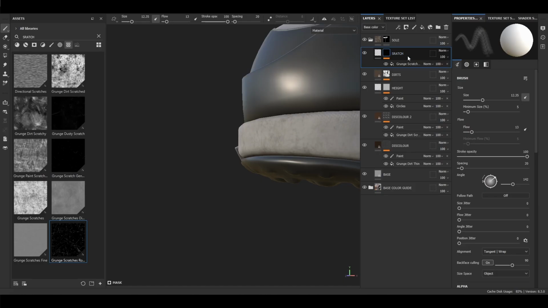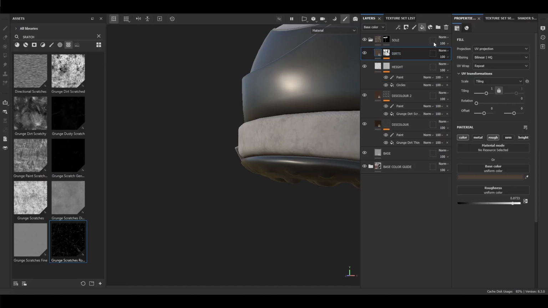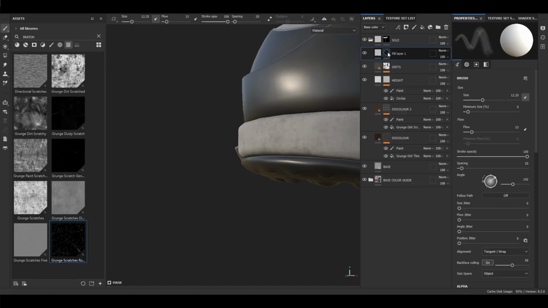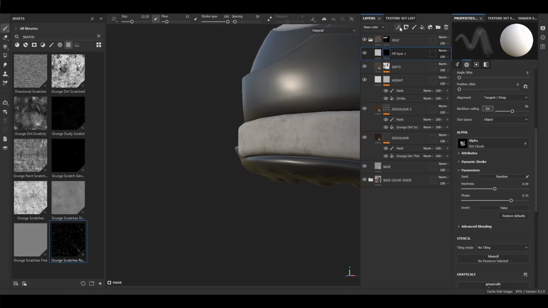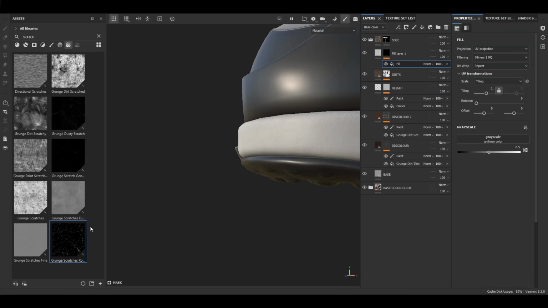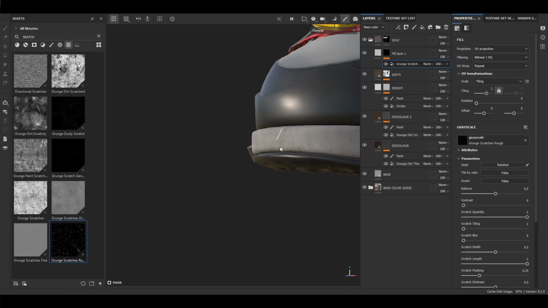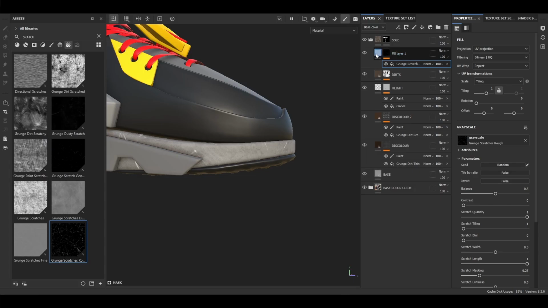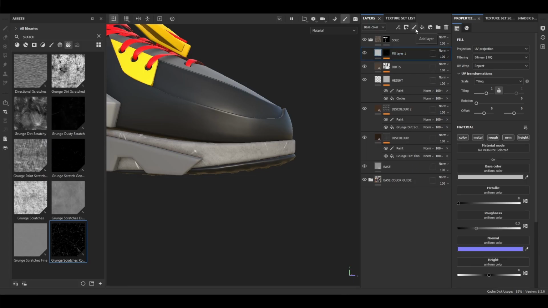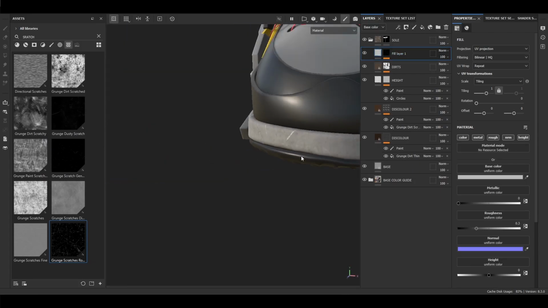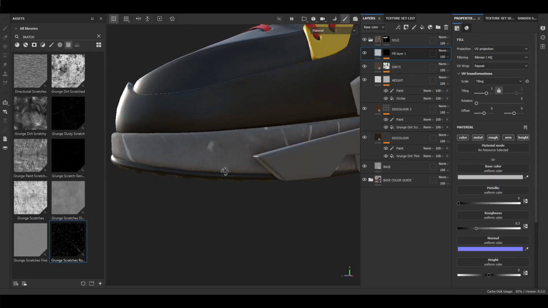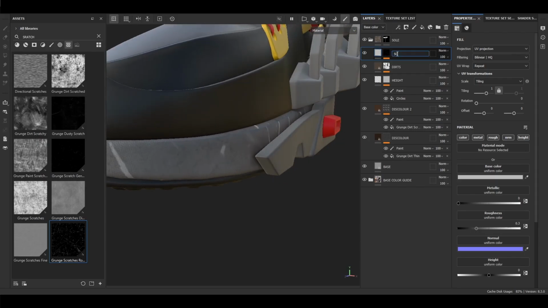Hold on, let's say I'm gonna delete this. Let's add a fill layer, black mask, and let's add a fill. Let's drag this once again. Oh yeah, I think we need to add a fill layer instead of a layer. Okay, sorry for that, guys. I wasted your time. Anyways, let's rename this scratch